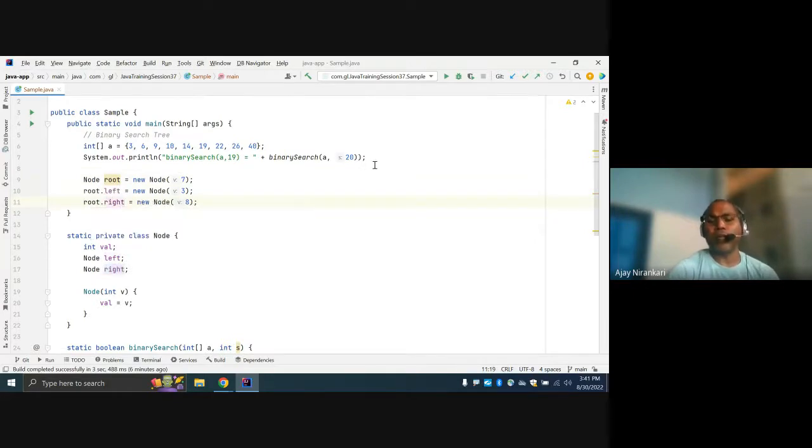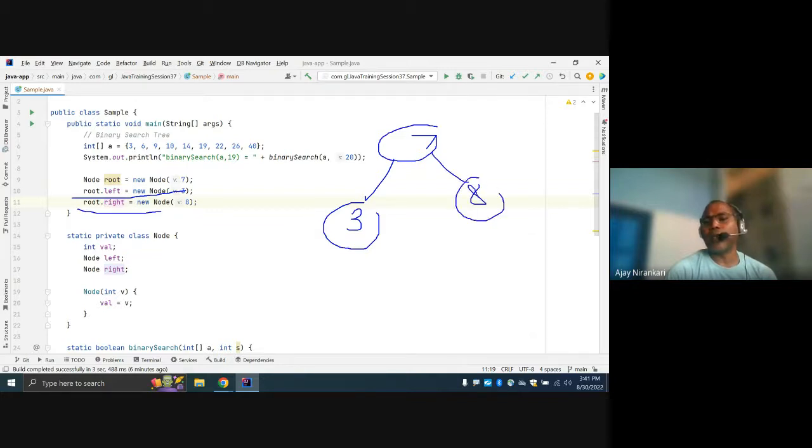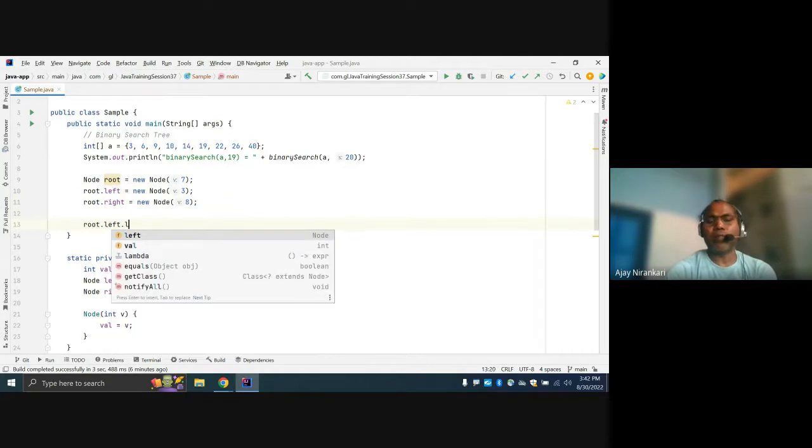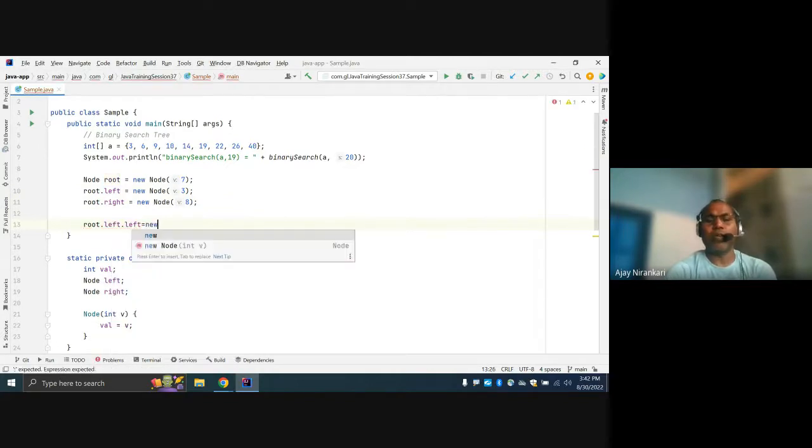You created one root node here, 7, and 7 has a left child, a 3, and a right child, an 8. Then we can create this small tree. Similarly, on this left, let's say I want a 1, and here I want a 2. So how can you say it? Similarly, this is your root left. I want to say root left dot left equal to a new node,